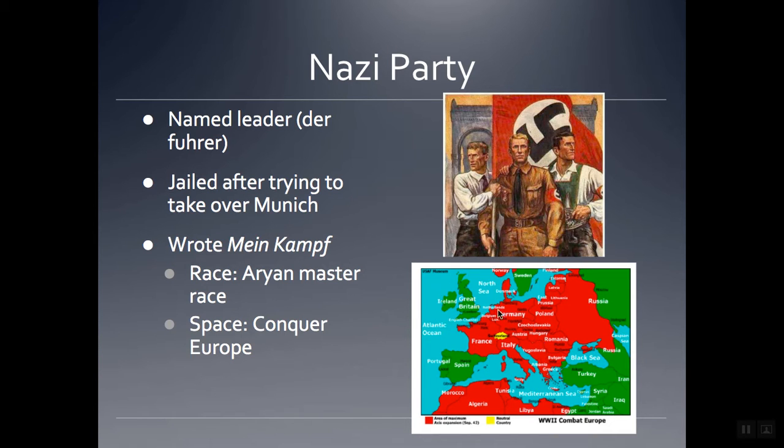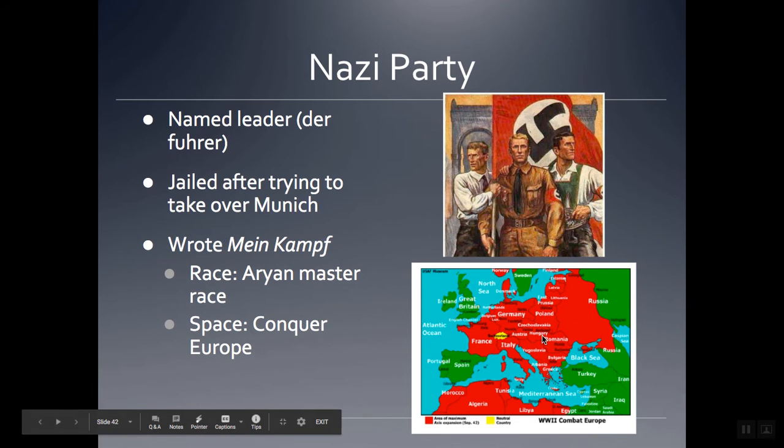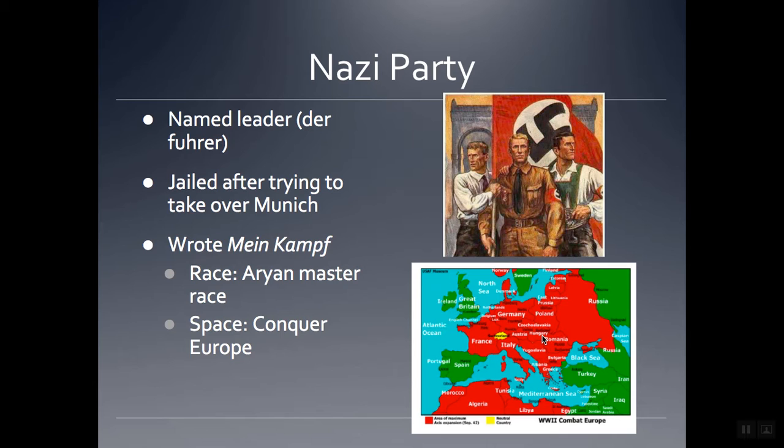And you guys can see he very well accomplishes that. If you look, this is actually the extent of Germany's control during World War II. So he really was trying to carve out what he called Lebensraum, meaning elbow room for the Germans, or the master Aryan race, to expand and take over. It wasn't just Europe that he had plans for, though. He had plans for the entire world, but he wanted to start with Europe.